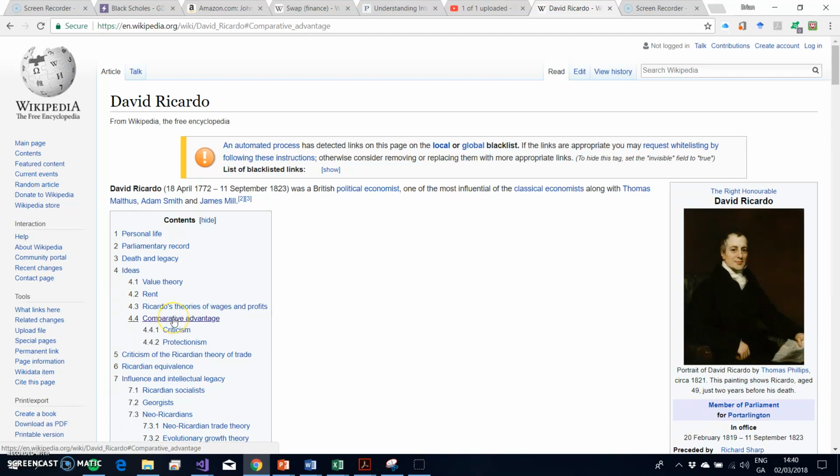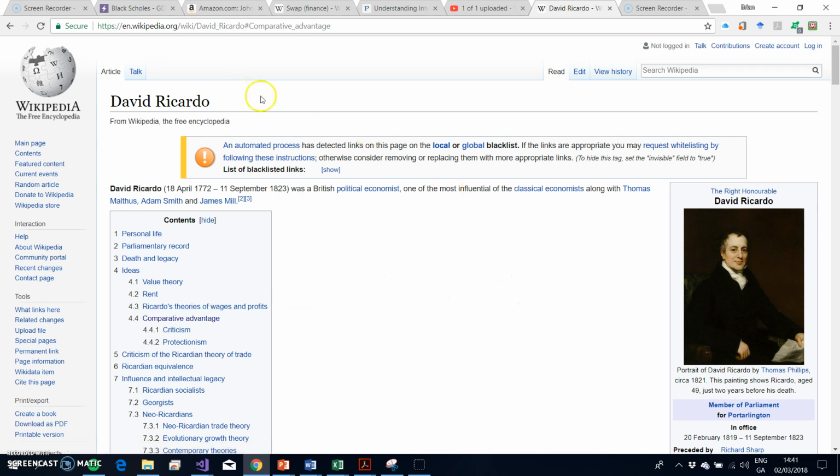His view was that countries should specialize in what they do best, and he made reference to Portugal and the United Kingdom. Portugal would have an advantage in producing wine, and Britain would have an advantage in producing wheat, and it obviously would make sense to trade the surpluses. But Ricardo went a little bit further. He said even if you have a country that has an absolute advantage in producing both, there still would be some basis for specialization, and countries should specialize in what they do best and trade whatever surplus they have.